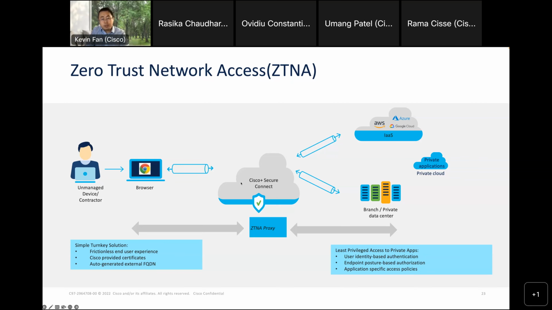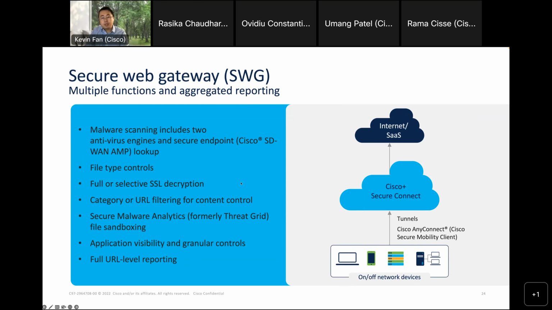Secure Web Gateway is another key feature inside Secure Connect, and is powered by Umbrella. It provides multiple cloud security features to protect end users. So once your web traffic is steered to Secure Connect, Secure Web Gateway can provide URL level filtering and reporting. This not only helps to protect the users, but also helps with monitoring users and